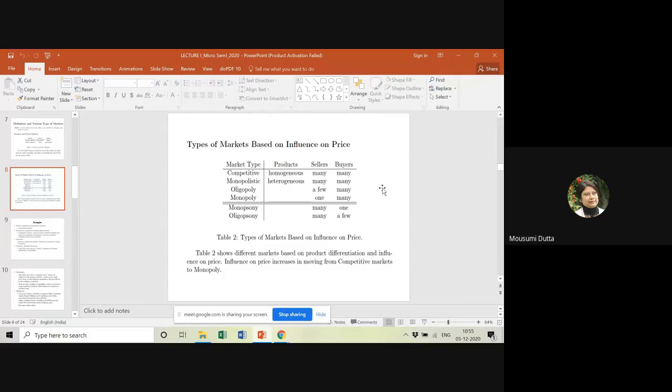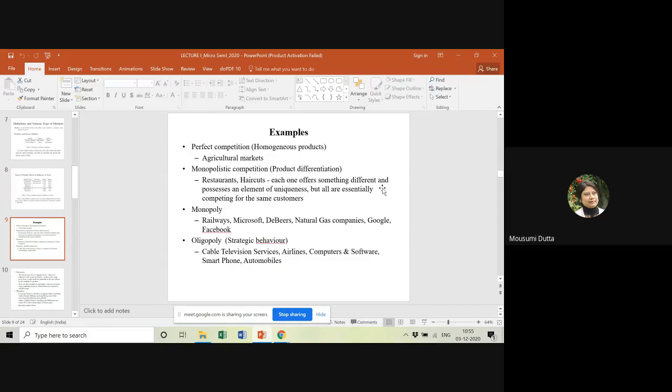And finally, we talk about the monopoly situation. Monopoly means mono, meaning single. So there is one particular seller of the commodity. So if we look at the examples,